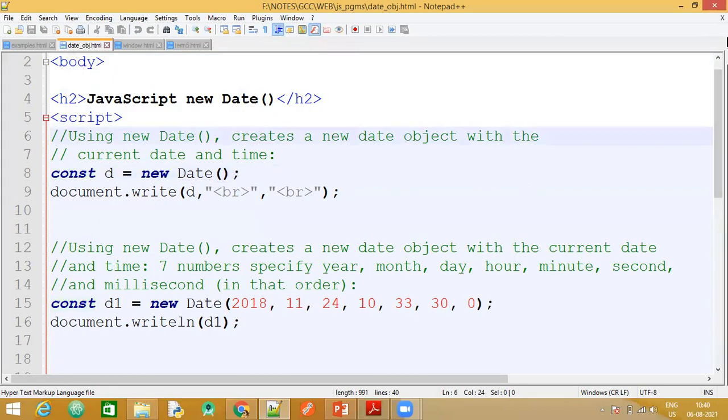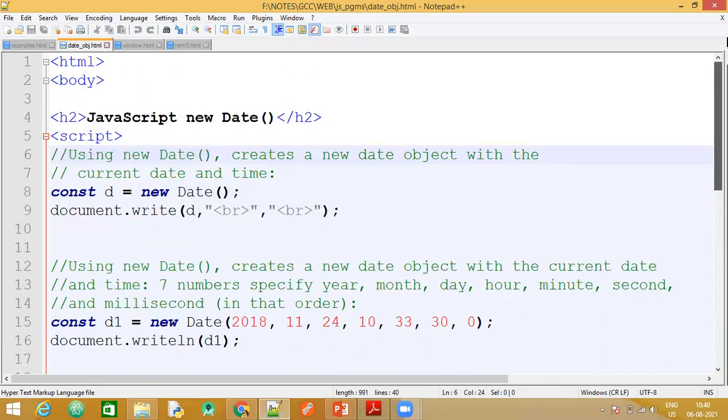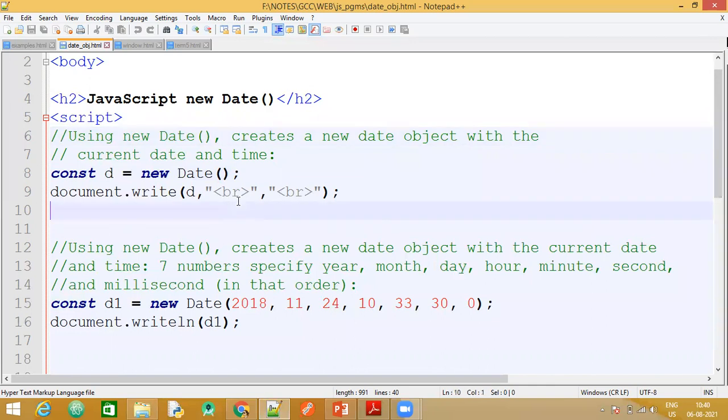Again, in the JavaScript, we'll directly move to JavaScript as you're now familiar with the HTML part here. So in the JavaScript, first have a look at the definition here. What this date object is going to do is create a new date object with the current date and time. Now you need to understand here, instead of making use of var, the word const is used. Const indicates that it is a constant. It means that the value cannot be changed. So that is why we have said const.